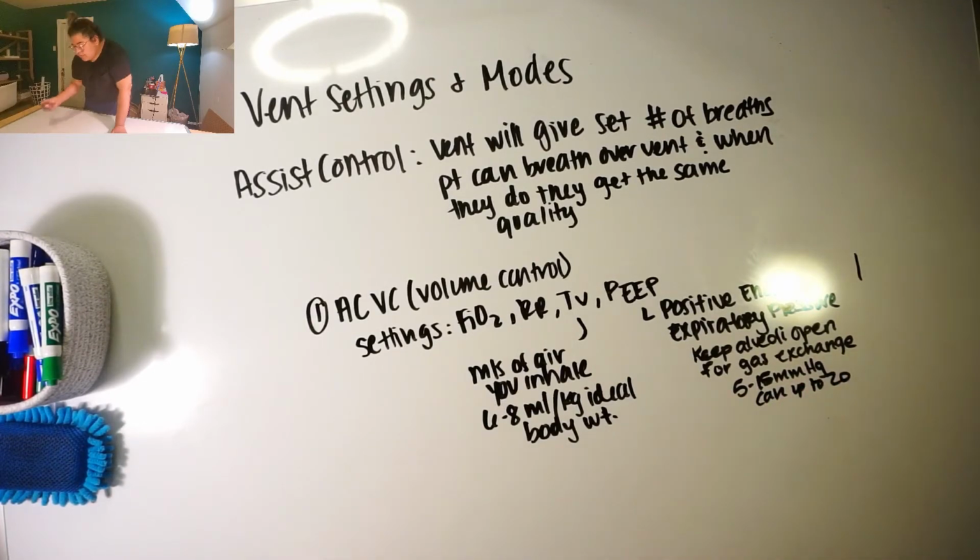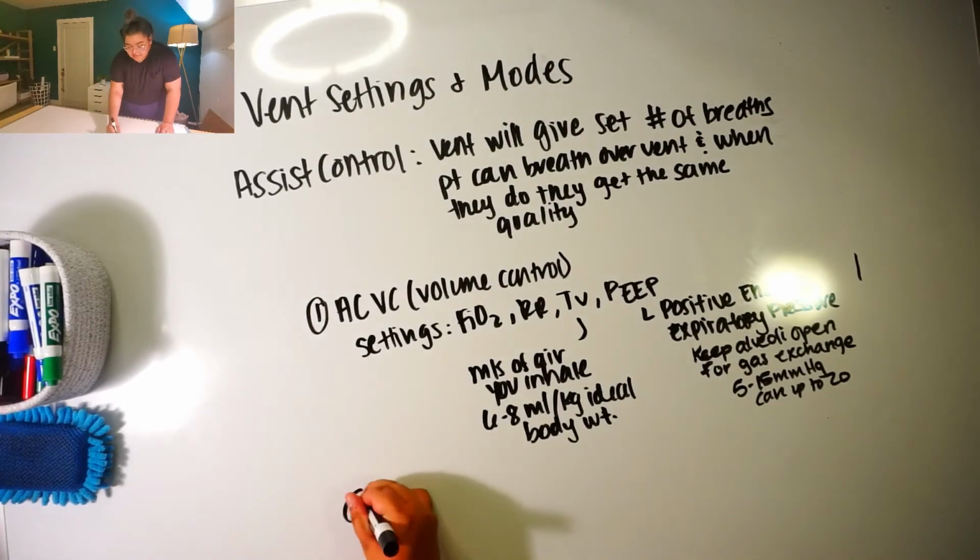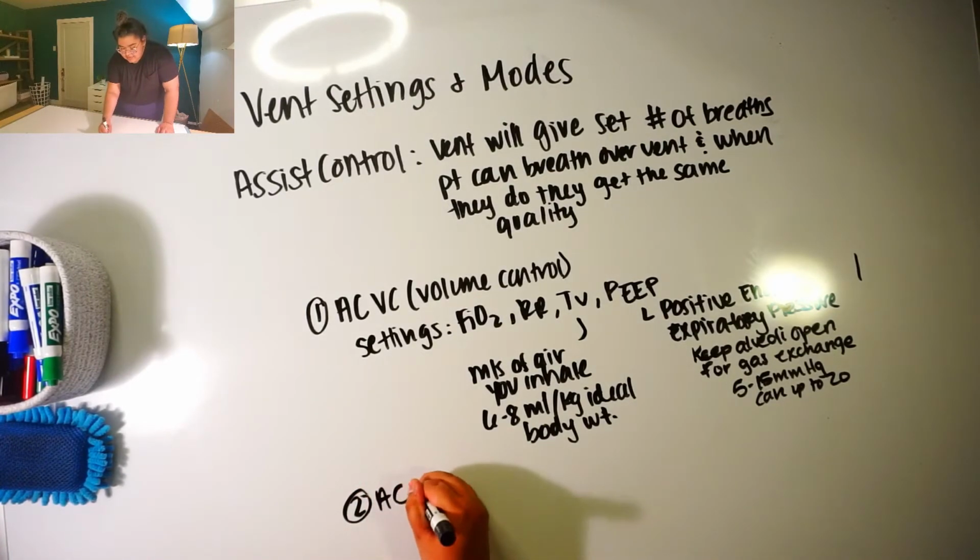All right, the problem with PEEP is that if you go too high, then you're giving this patient too much pressure and they can develop barotrauma, which then puts them at risk for a pneumo and more issues. And whenever you give them too much tidal volume, they can develop volutrauma, which is basically you're giving them too much volume, okay? So you have assist control, volume control, and then you also have assist control, pressure control, ACPC,